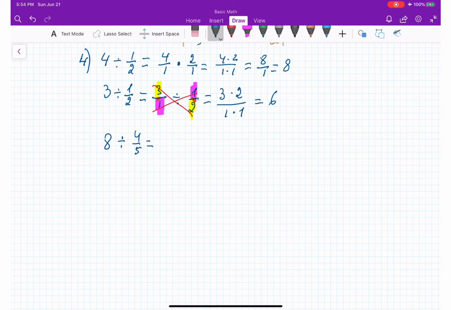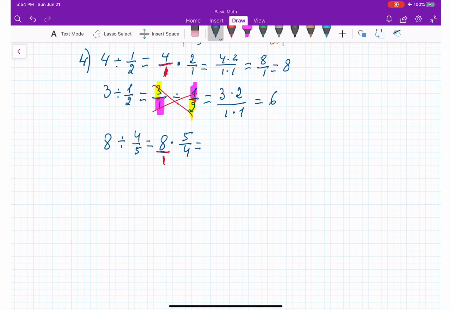I'm going to flip the second fraction. So it's going to be 8 times 5 over 4. So 8 over 1 I put in there. Let me use red color. Actually, it's a good idea. Put your red color so you would know that it's us. We represent that way